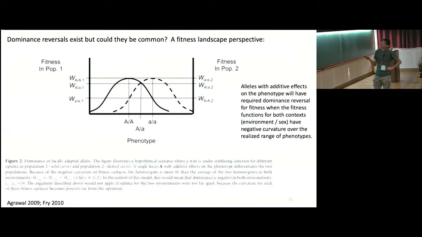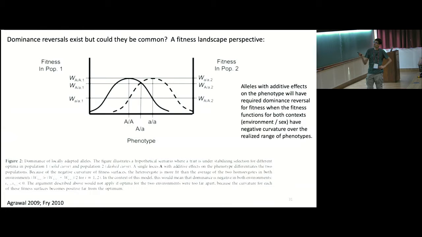And in the other sex, you would find that the heterozygote has a fitness similar to the little a homozygote. So it's simply a function of the curvature of the fitness landscapes acting on the additive phenotype underneath. So